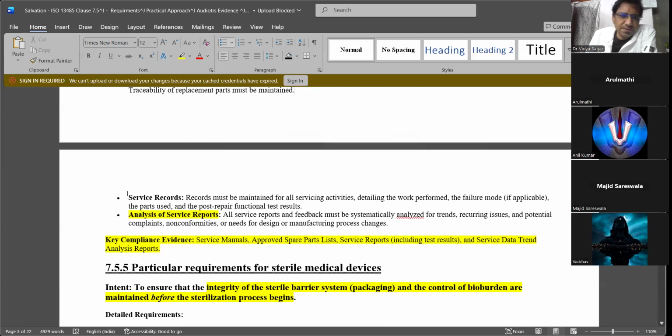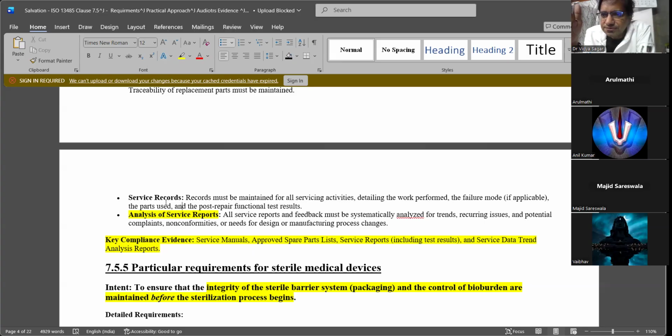So service records have to be maintained. This is very important. How many times has your equipment gone into servicing? Is it happening daily, monthly, or once a year? It speaks of the health or efficiency of the equipment, with repeated servicing and repeated change of spare parts.